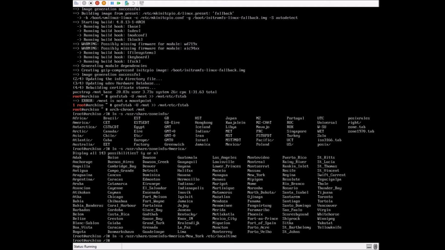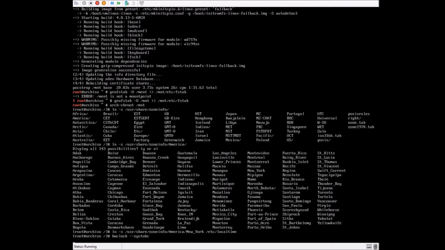Now we're going to set the hardware clock, which is what runs when the system is turned off. You type hwclock --systohc, and that basically sets the hardware clock to the system clock. And then that completes. Next we've got to set the locale stuff like language and keyboard layout, which is done